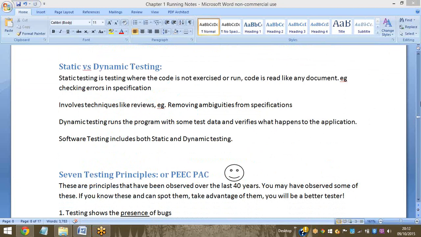For those of you who don't know Madhu, Madhu is the person who